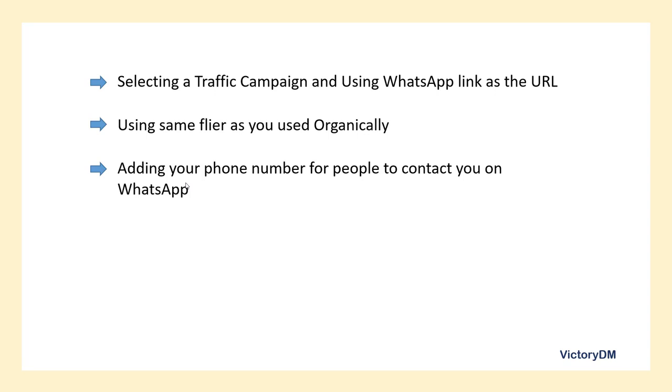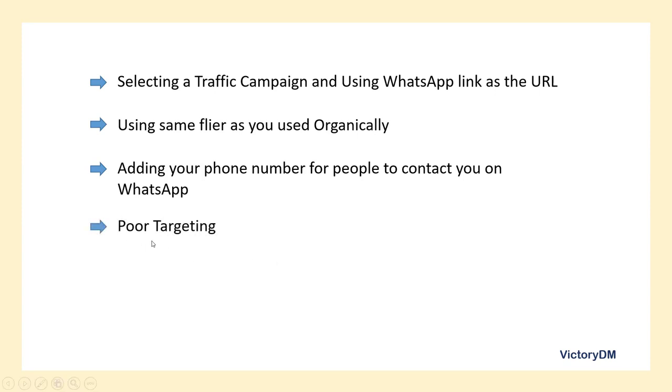Because when we talk about Facebook ads, there's always a link that people can click to get more information, right, below your ad. So if you're adding your phone number, you are indirectly telling them, don't click that link, call me instead or message me instead, right? And if you do that, you are going to make your ad result very poor, because the aim of the ad initially is to make people click that link and then contact you. But this time around, they're not going to click the link and you get poor results, right?